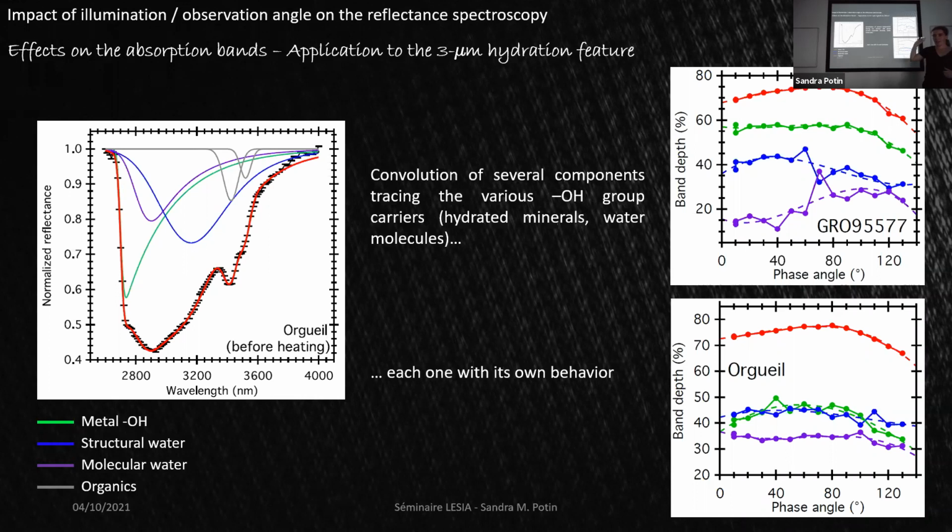Right now, I cannot explain why each of these components acts that way. It requires a lot of measurements on instruments that have a very high spectral resolution and that are able to change the geometry. These instruments are rather difficult to find, so right now I cannot explain why. This is an analysis that I would like to make, but right now I cannot explain exactly what's going on.